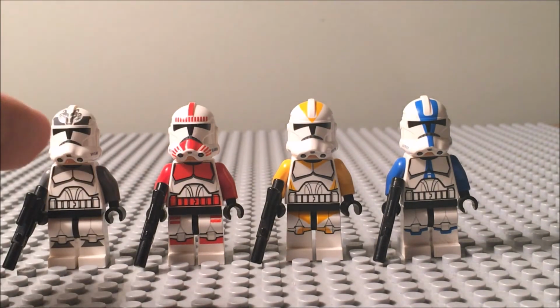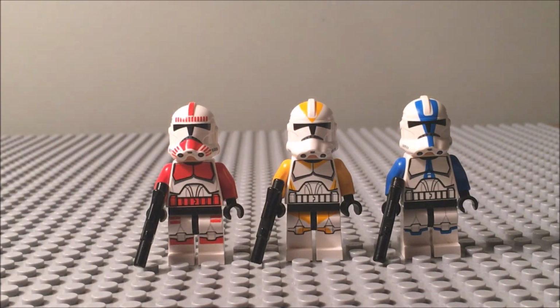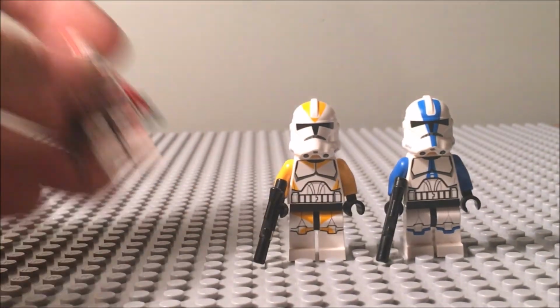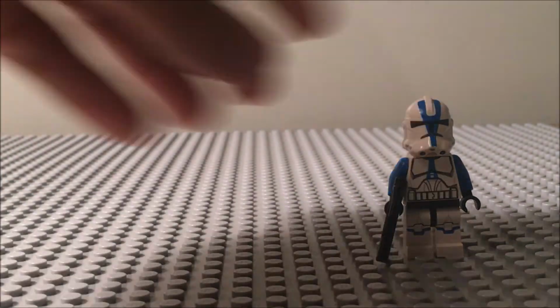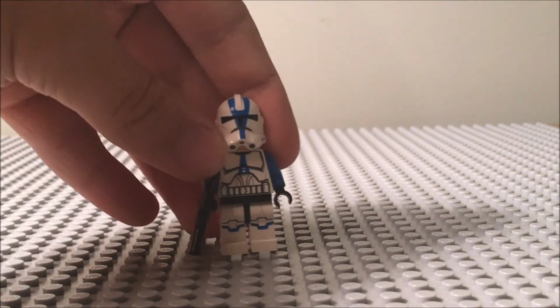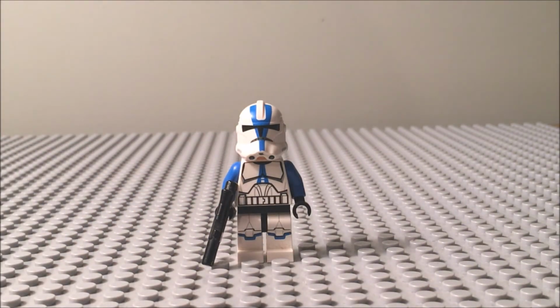I'm sure these three figures are common enough and not popular enough that we're just going to take these aside. Again, we're not looking at anything too particular here. I'm just showing you a general synopsis of my favorite Clone Troopers. So we're going to take a look at one that stands out from the rest, which is the 501st Trooper. He has some awesome printing, the same helmet mold and general body printing as the other one,